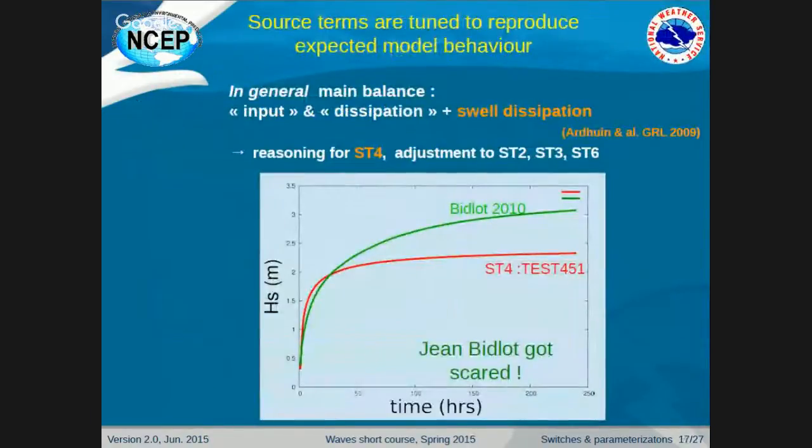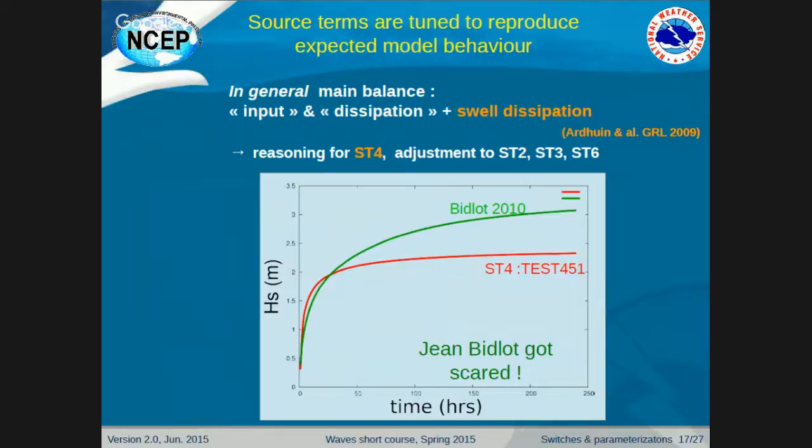All right. So all these different source term parameterizations, you would think that they should give more or less the same results, and actually they've been tuned to reproduce more or less the expected model behavior. So again, people were expecting the input and dissipation balance, but then if you actually run this very simple uniform ocean model, one point, you assume there's infinite ocean. Here the wind is 10 meters per second, constant. You start from 0 wave height. In this case, there is no swell. The green line is the ECMWF parameterization, and the red line is my